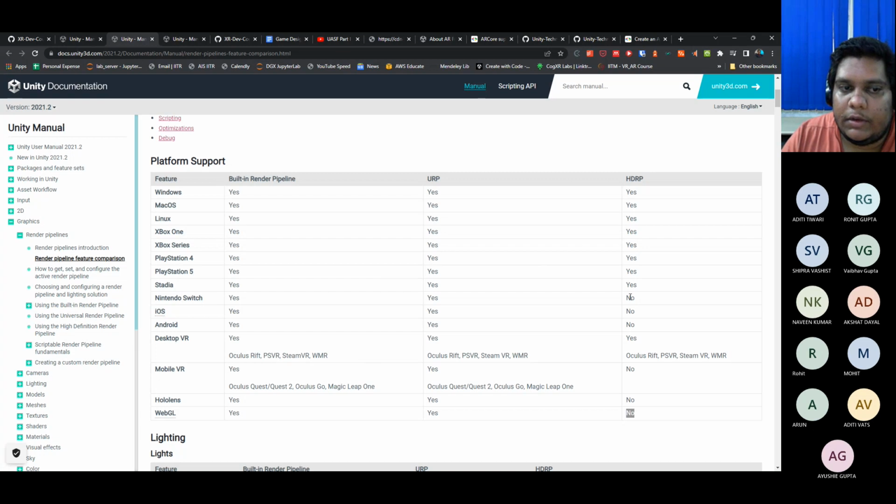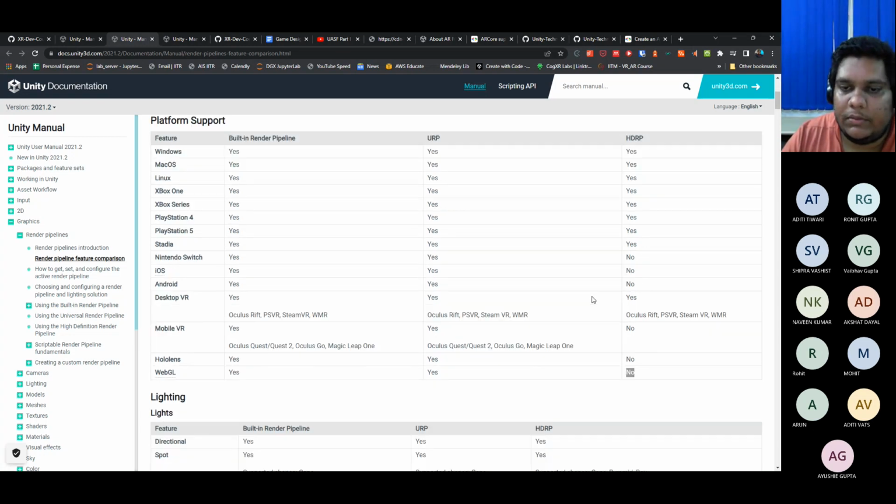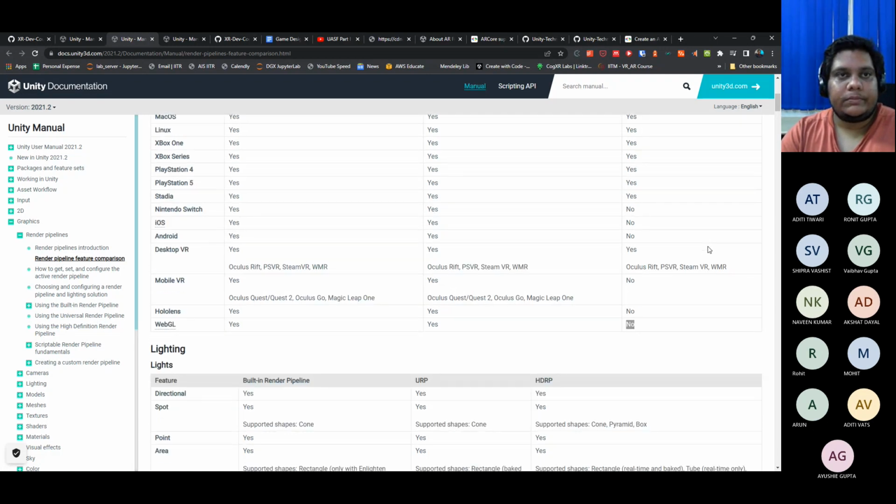And it's not available for mobile devices as well as web, is like your main concern. So we won't be able to use HDRP when we want to create mobile games or games for the web, is one of the major factors. But if you want to create a game for, let's say, putting up on Steam, which is a major platform for desktop games, then you can, if you want, use HDRP, because it will give you good options in post processing, right?